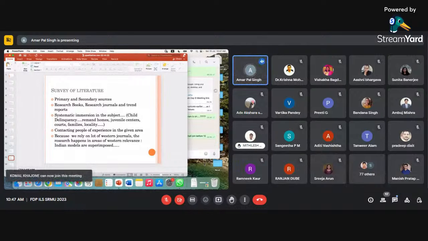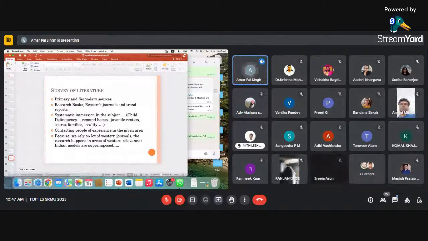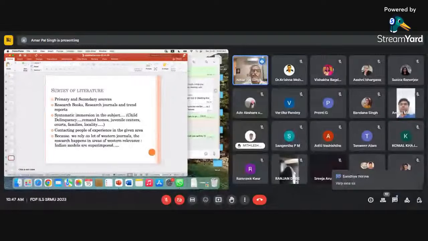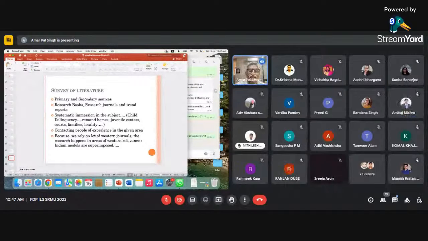So the survey of literature has to be done, wherein the researcher has to classify primary and secondary sources. So we know that, for a legal researcher, the legislative reports or legislations, committee reports, they are primary materials. And then you have books, research journals, trend reports, and even judgments on the subject. They are secondary materials in a way. Now, for the purpose of doing this